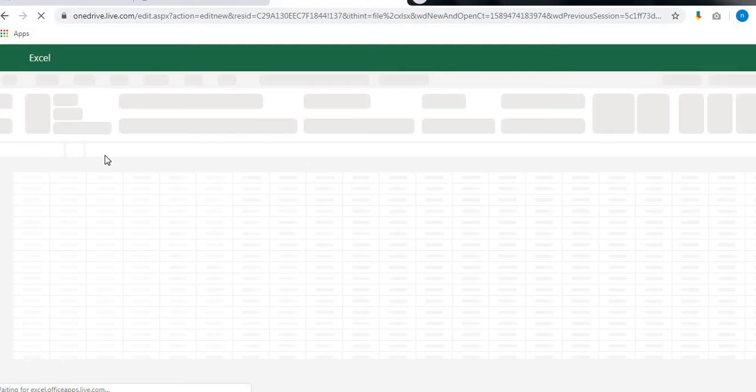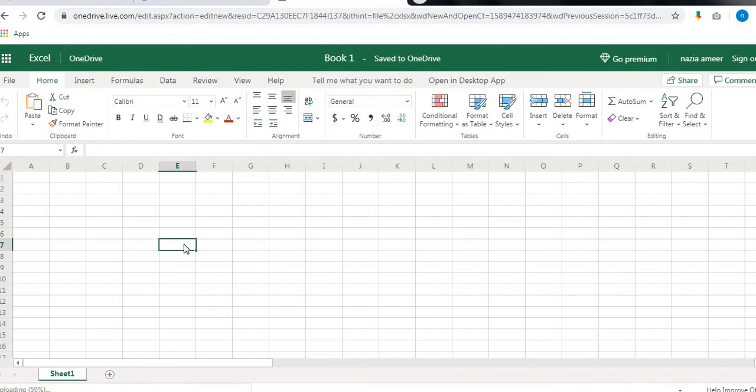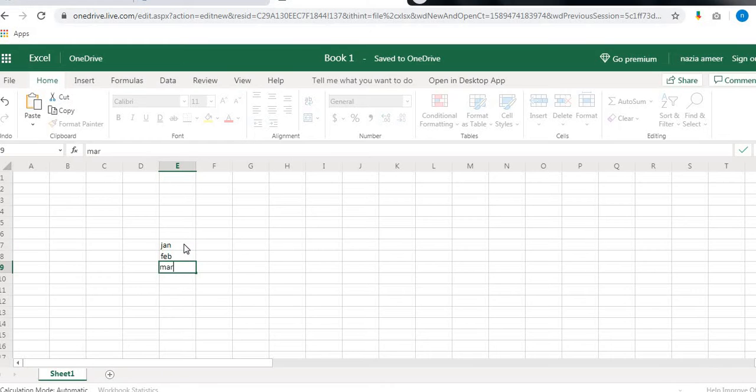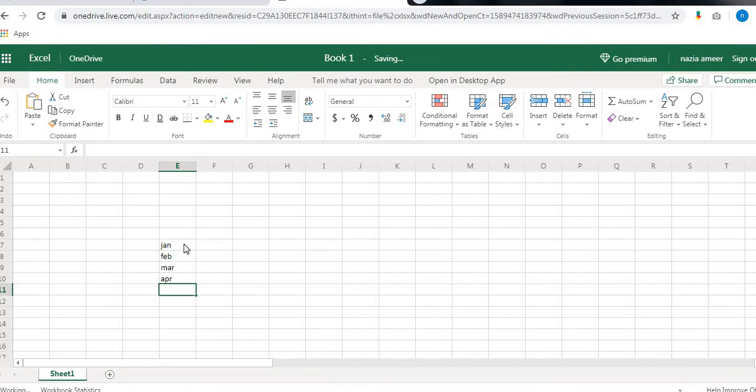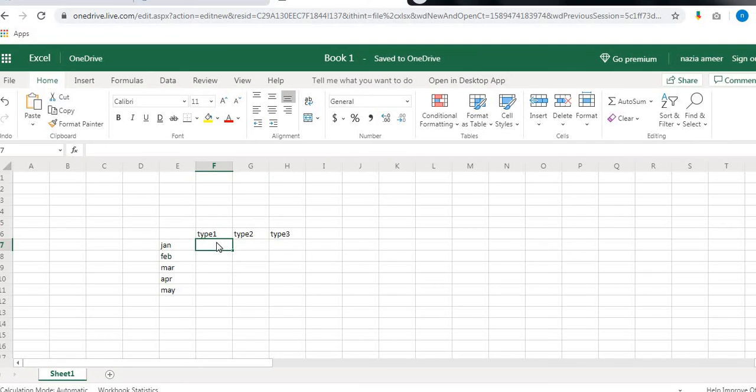Okay. So once I go to the Excel, I will show you. You need to first start entering the data. Let us say, for example, January, February, March, April, May. Okay. For January, let's say for type 1, type 2, type 3. Okay, for January, let's say I need to start writing the numbers here, whatever my numbers are, because